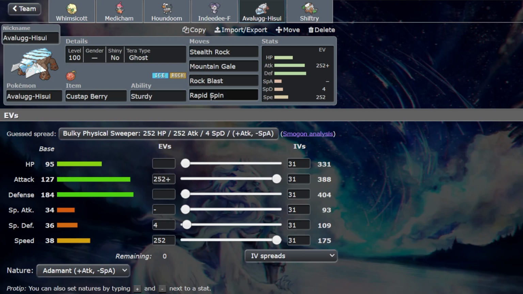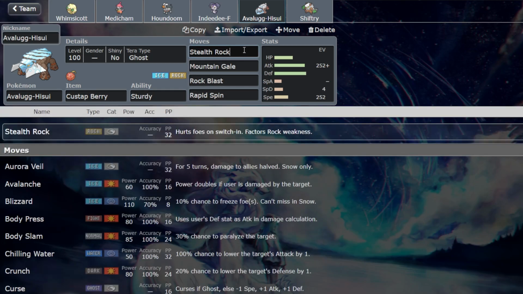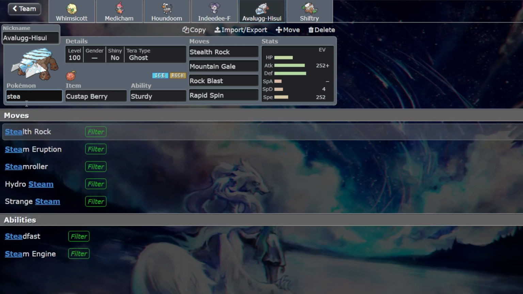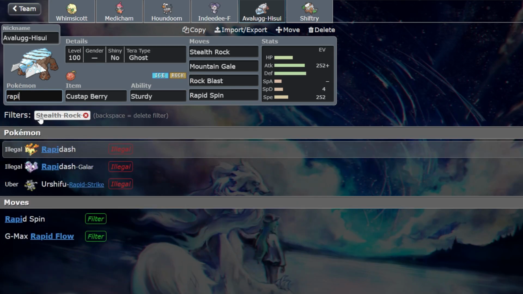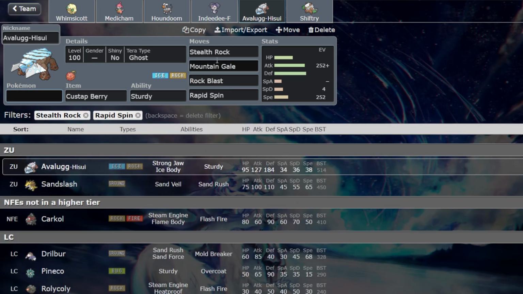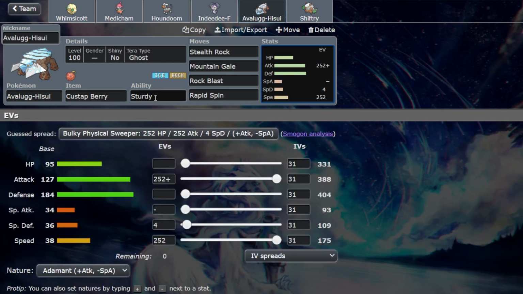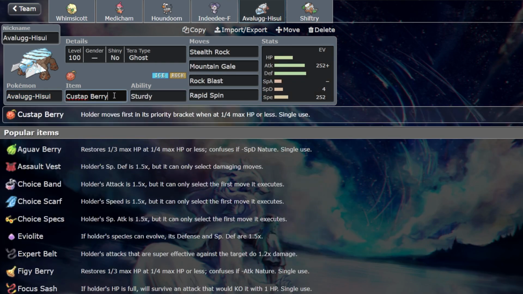And then we have Avalugg and Shiftry, the last 2 guys. I wanted Avalugg so we could have a Rapid Spinner on the team and have Rocks. And there's not a whole lot of Pokemon down here that can do that. I think there's just 2, and it's Avalugg and Sandslash. So we have ended up going with Avalugg because it has Sturdy, so it doesn't need a Focus Sash to be able to survive a hit, which lets us choose between like Custap Berry or Heavy Duty Boots, I was